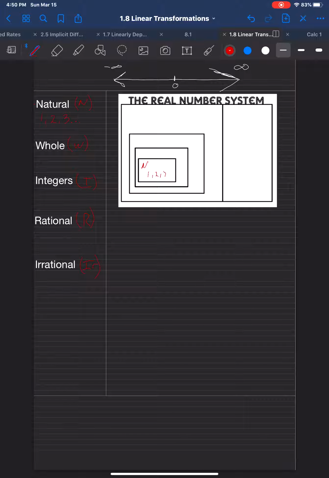Now, as we venture outside the natural number set, we can add to the natural number set by thinking of another number, which we're going to call zero,